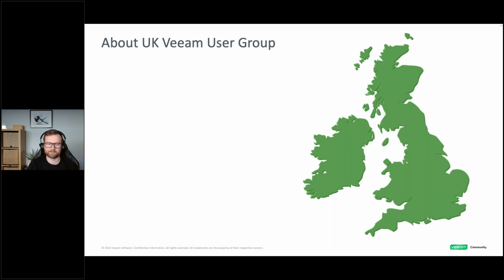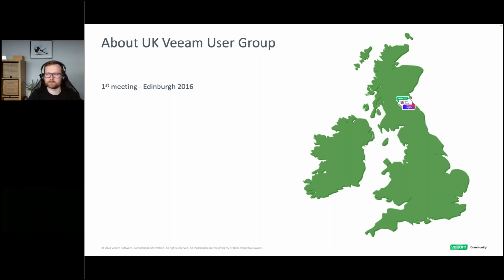So, quick introduction about the UK Veeam User Group. We had our first meeting, and it was established way back in 2016. Our first meeting was in Edinburgh. It was piggybacked on one of the Veeam technical roadshows. And back then we even featured, at that point in time, Michael Cade and his systems engineering role as part of that. We then quickly followed that up by having an in-person event in Manchester in 2017. That's when we brought on Ian Sanderson, which we'll go over in a minute. And then we jumped down further south to London. We had 2 meetings in London in 2018. We had one in March and we had one in September.